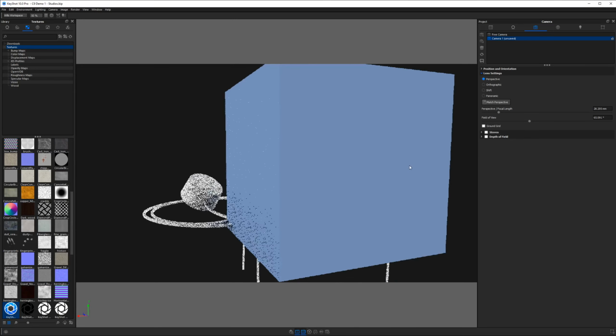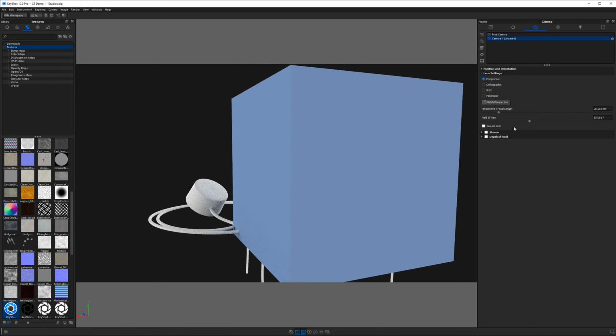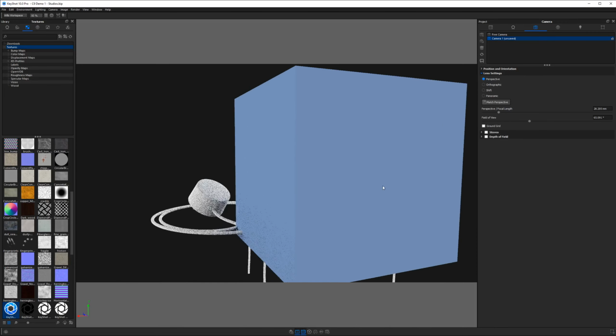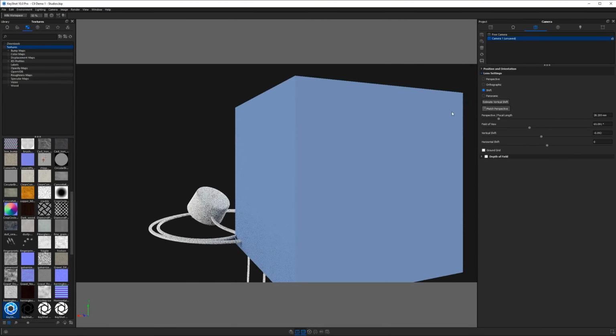So let's say you have this wide angle lens to try to show the interior of a room or a building, or you're using this wide angle to capture a wide field of view, but you don't like how the edges are converging, these vertical edges. It's very distracting, especially toward the edge of a rendering. This creates a very uncomfortable tension near the edge of the frame. We can fix this using something called shift. When I click Estimate Vertical Shift, it's going to straighten that line up and they all become parallel, removing that